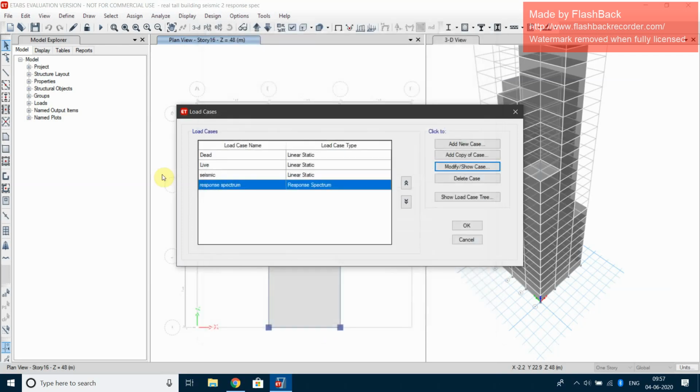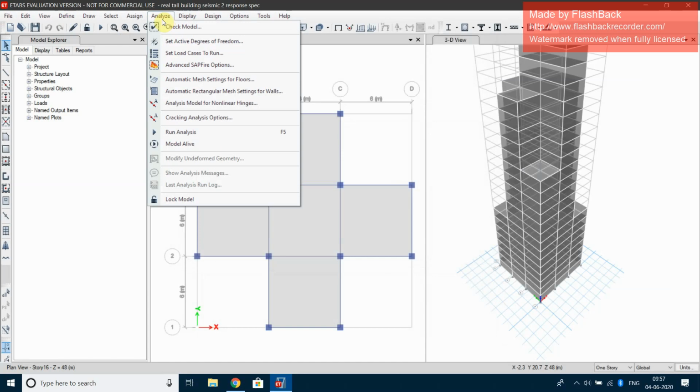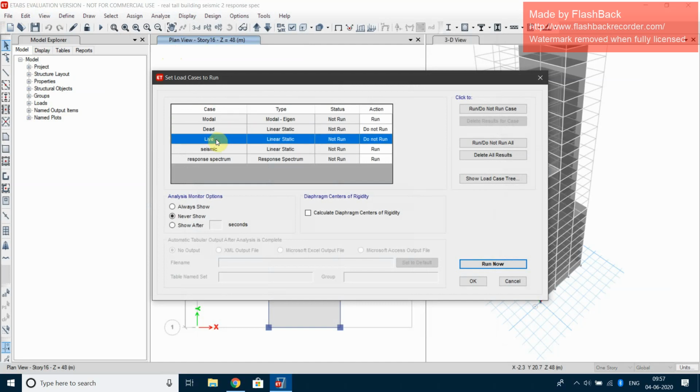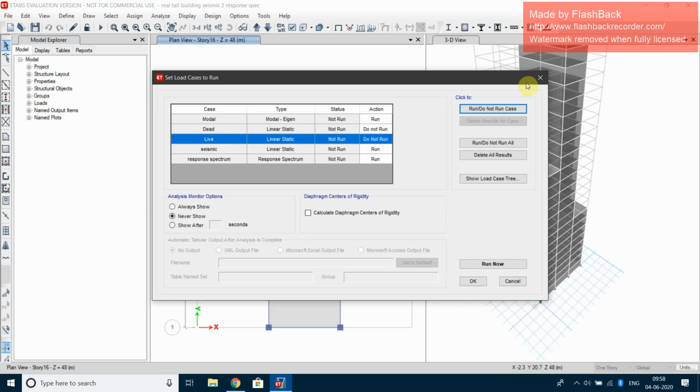Okay, now we go to analyze. At first we go to set load cases to run. Other than the response spectrum case, we select the dead load and live load as do not run, because we are only performing the response, that is the seismic analysis of the building. Then we go to run now.